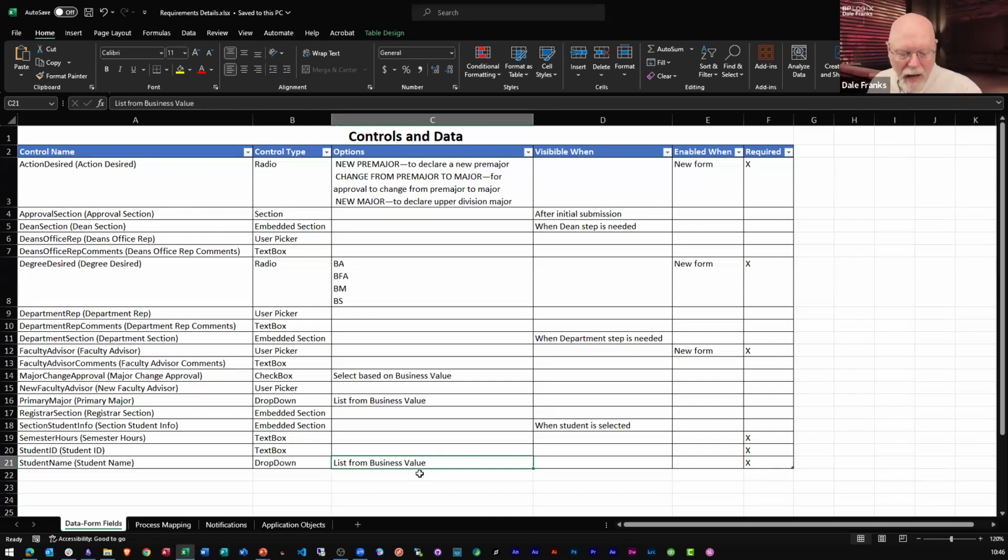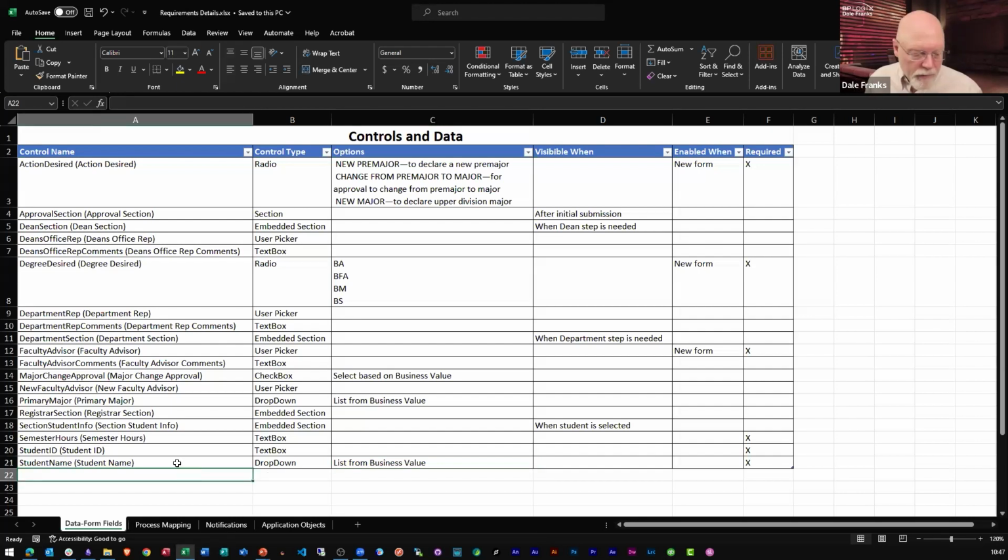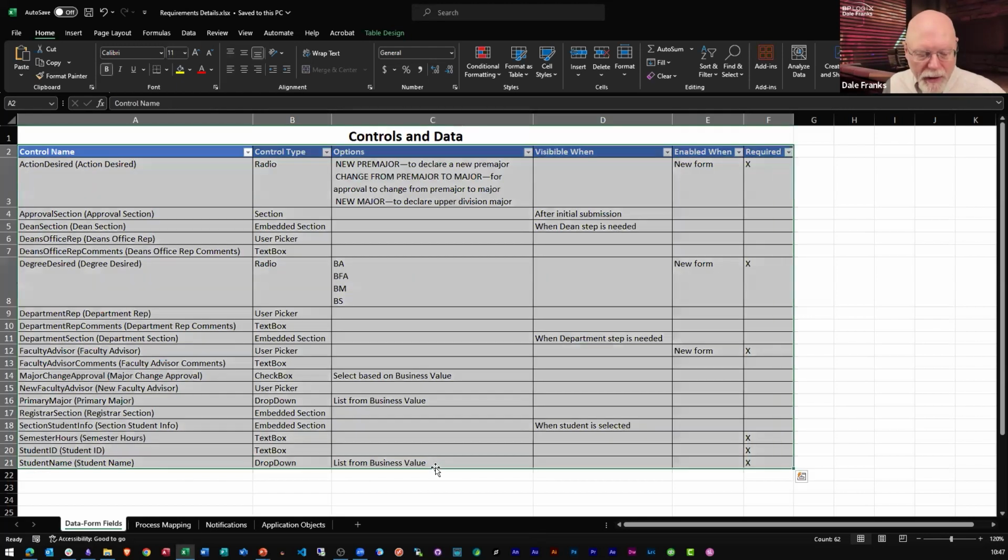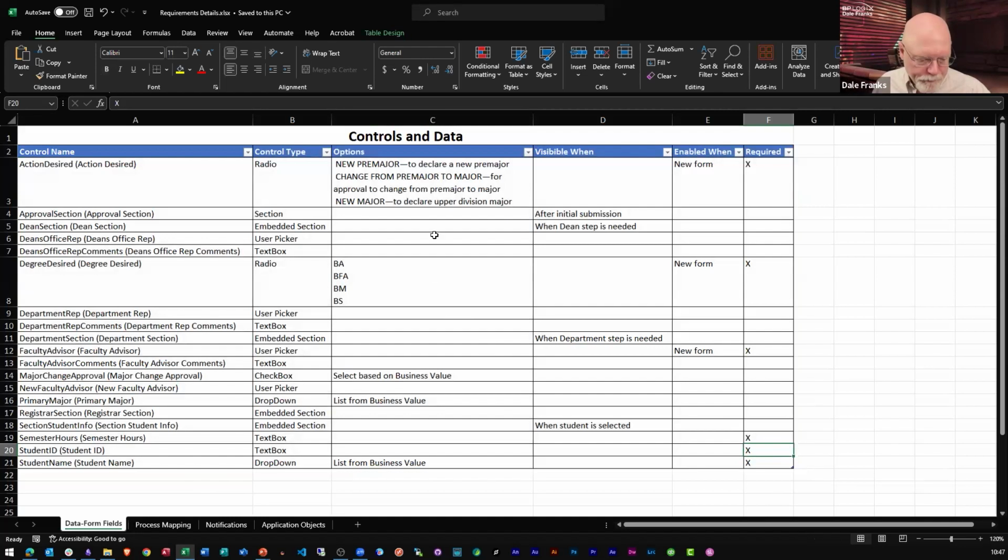And in this case, the options are going to have to come from the external database that contains my list of students. So the student would simply start typing their name in. It'll get found in the type ahead. They'll select their own name, and then we're off to the races. Obviously, if this was a system where my students were part of Process Director, I wouldn't need this field, or, well, I'd certainly need the field, but I would auto-fill this field. It would be a user picker field, and it would be auto-filled from Process Director based on who the current user was. I would just assign it to the form submit user.